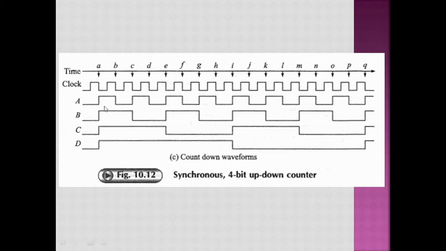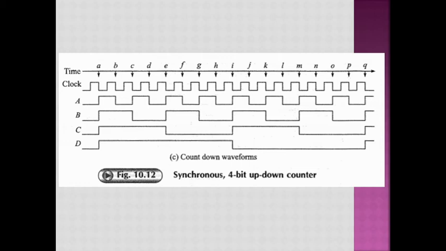Now, when A is low, B is low, C is low, then Y3 is going to be enabled and the clock pulse will pass through Y3 and be available to flip-flop D. So on the next negative edge of the clock pulse, at instant A, D is going to toggle. Again this happens here: A is low, B is low, C is low. That means A bar is high, B bar is high, C bar is high, so flip-flop D is going to toggle at I. The same thing happens at Q.